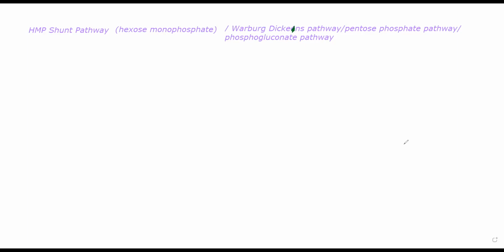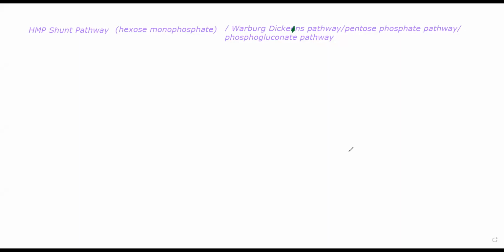Now, coming to the main thick of it, the HMP shunt pathway is essentially another way for your cell to generate energy. It is an alternative method for glucose oxidation. Now, आपके cell में energy कैसा मिलती? It will oxidize glucose, break it down and get ATPs. ठीक है? Glycolysis was that. Now, in case the cell is not able to perform glycolysis or the citric acid cycle, or wants to find an alternative to them, that is when the HMP shunt pathway will come into picture.